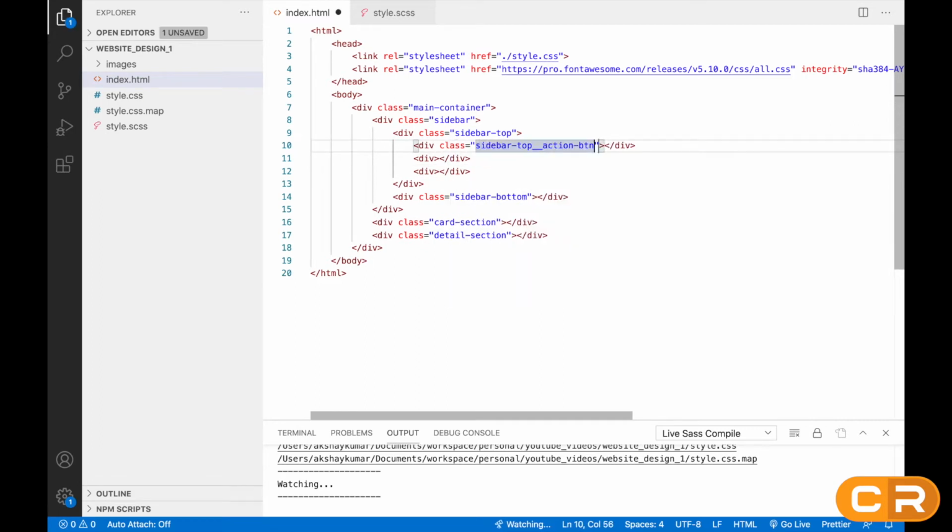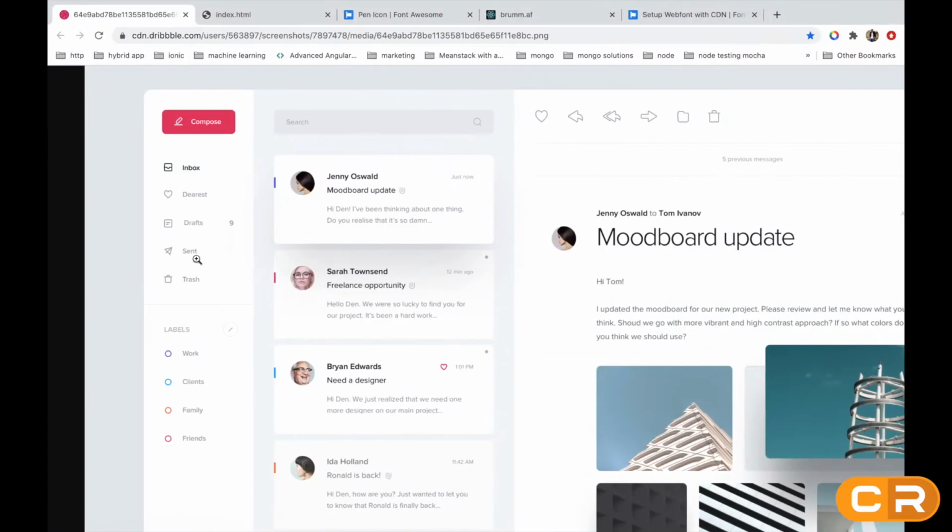Class name will be sidebar top action button, and for the second, sidebar top menu, and for the third div, sidebar top menu. These two classes are the same because the styling is almost the same for these two divs, right?